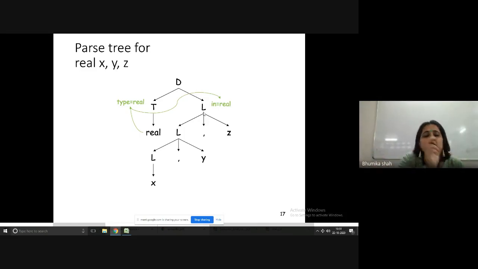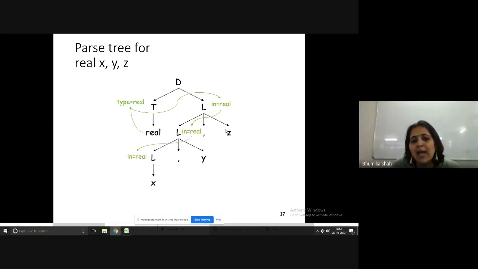Means if I have written integer a comma b comma c, a, b or c, all of them are going to have same data type integer only. So similarly, whatever is the data type of list over here, L over here will be data type of right hand side L and ID. So we can observe over here, parent to child value assignment takes place. So which kind of attribute? Yes, inherited. So this right hand side L will have inherited attribute, as well as this ID will also have inherited attribute.